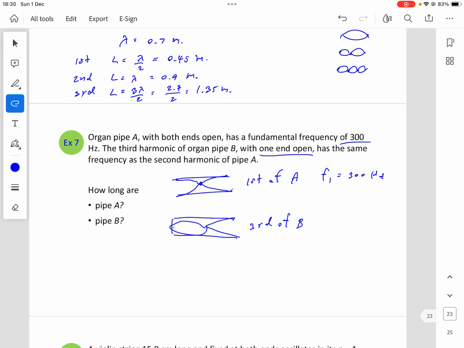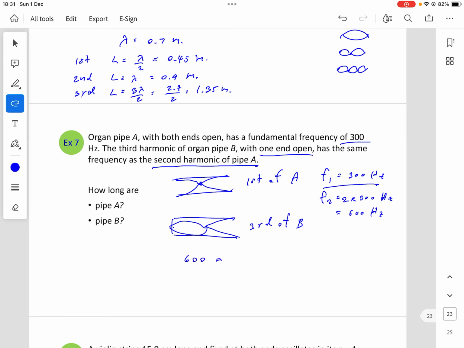That has the same frequency as the second harmonic of pipe A. Okay, let's try. This is the first harmonic of pipe A, so the second harmonic of pipe A should be 2 multiplied by 300 Hz. If you want to find the second or the third and so on, you just multiply the number of the harmonic by the first harmonic's frequency, and you get it. In this case, it is 600 Hz, right? This is the second harmonic of pipe A, and this is equal to